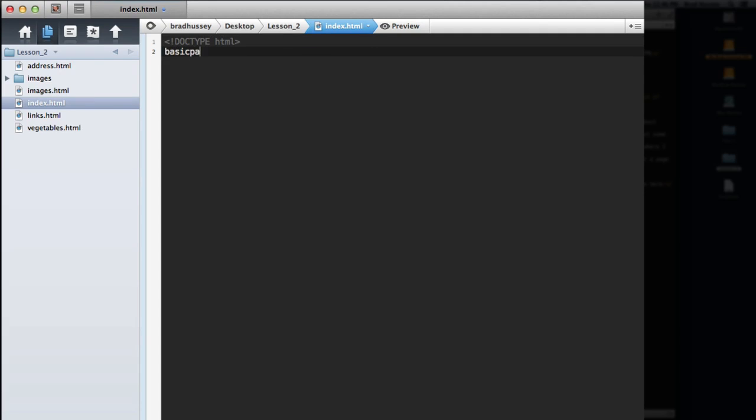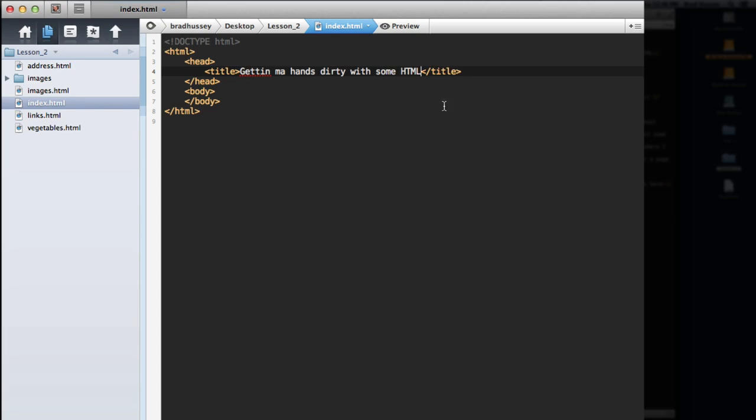and then the basic page structure. Give it the title of Getting My Hands Dirty with some HTML. Alright, in the body tag, let's start off by adding a level 1 heading and say My First Mini Website. Below that, we're going to add an image